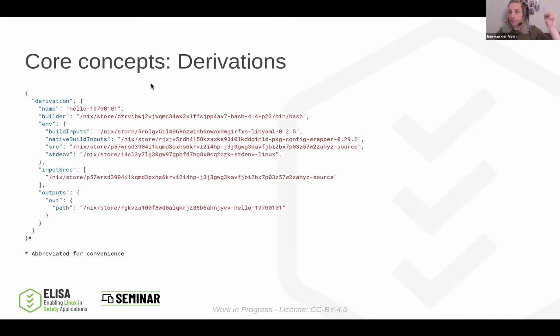Then make derivation creates a file that looks like this. You don't have to read this, but understand that this is a JSON file that the Nix daemon gets from the Nix CLI and evaluates into an actual package that gets added to the Nix store. If you're very attentive at this point, you'll notice that the Nix language isn't actually necessary for the Nix daemon and the Nix store, so you can actually use different languages. It's a bit of a tangent, but Guix does that. They use Lisp instead of Nix.